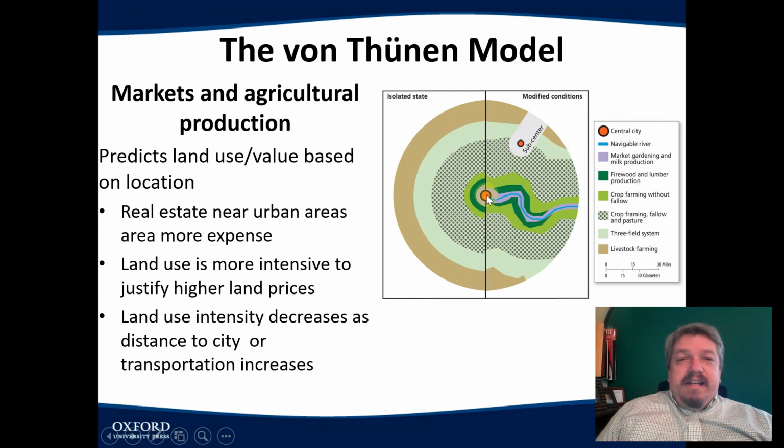Imagine this red dot is downtown Chicago. Now, most of you probably know that in Chicago, the closer you are to downtown, or the closer you are to the lakefront, the more your rent is, right? If you want to rent an apartment near the school here in downtown Chicago, I believe a studio goes for a couple thousand a month. Whereas if you rent up in the north side or the south or the west side, it can be a lot lower. And why is that?